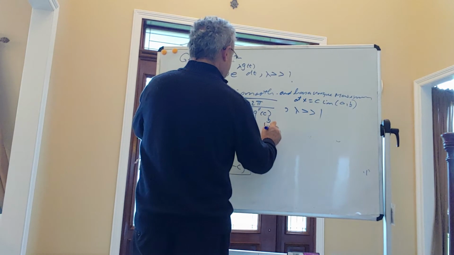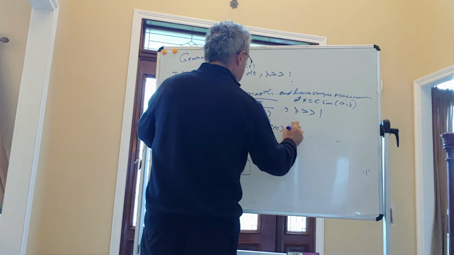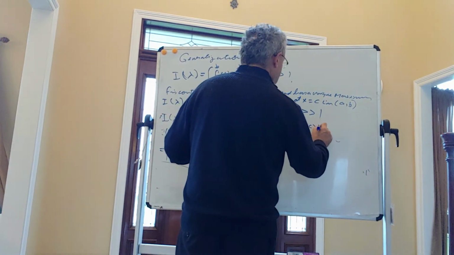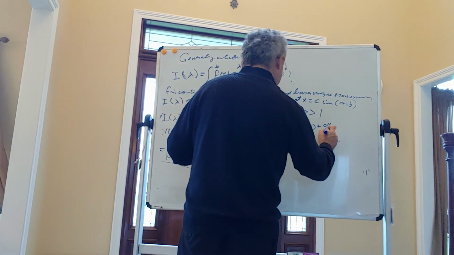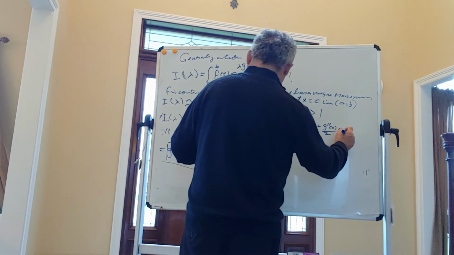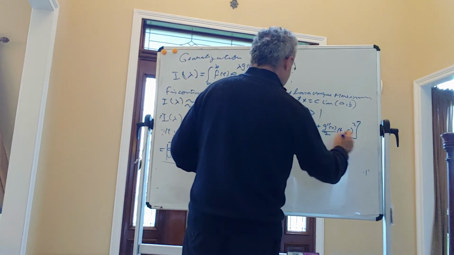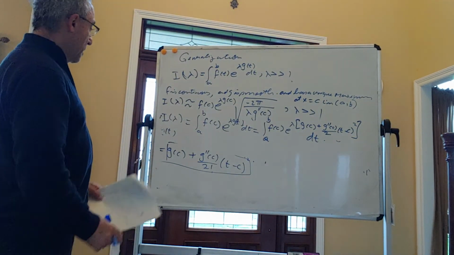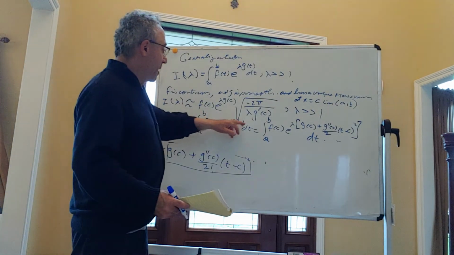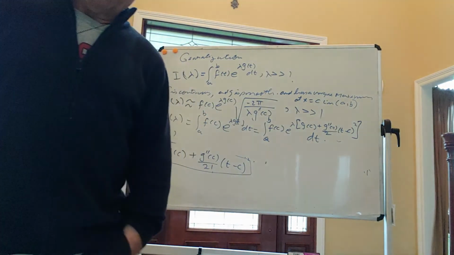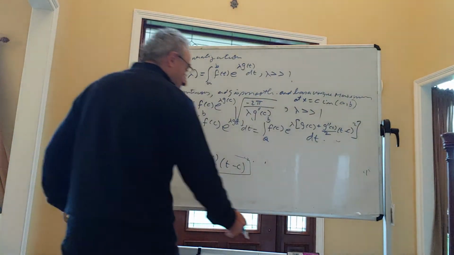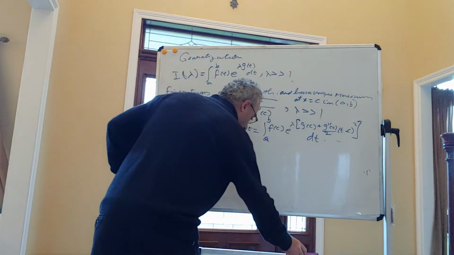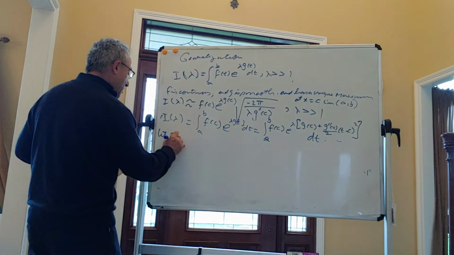the integral from a to b of f of c e to the lambda g of t. I'm going to write g of c plus g second of c over 2 times t minus c squared, and this is dt. Okay, so I replace g of t by its Taylor series. All right, so now we're going to see how we manipulate this. I'm going to do a substitution, so we're going to let s equal to,